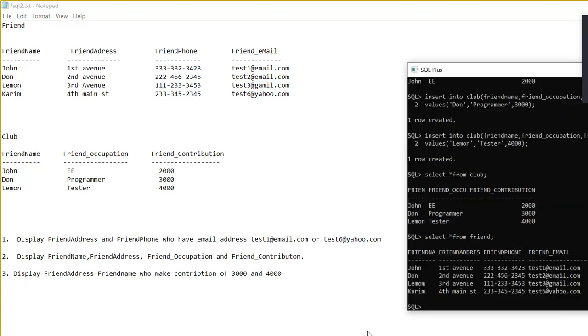So I'm going to write this query, select. What do I need to select? Friend address and friend phone, right? Select friend address, comma, friend phone from what? From the friend table. Friend, where there is a condition. Where friend email equal to